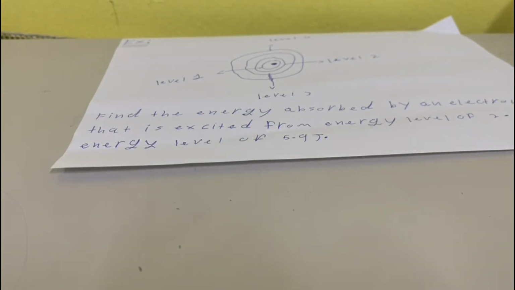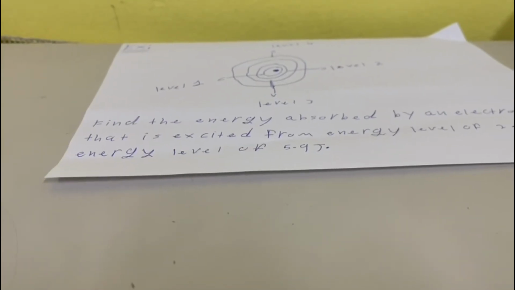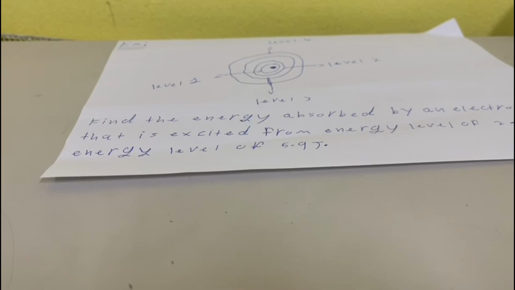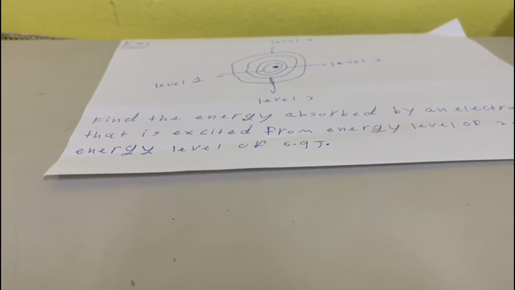The question: find the energy absorbed by an electron that is excited from an energy level of 2.5 joules to an energy level of 5.9 joules. If we are finding energies, we apply the formula